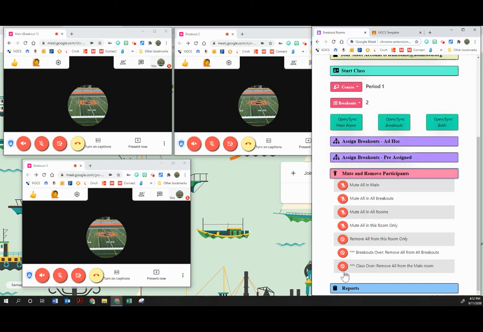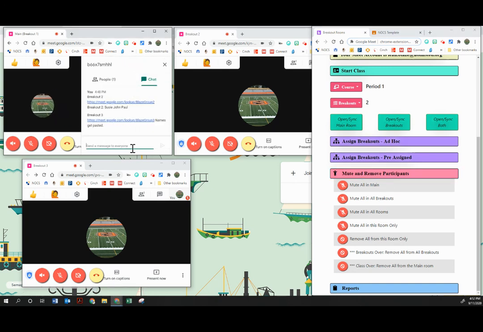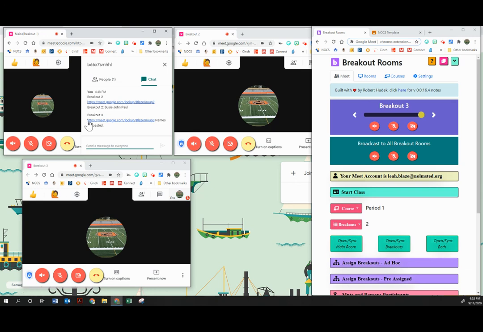What this extension cannot do is send you back into the original Meet. So if you want all of the students to go back into the original Google Meet when you're done, you've got 2 options. A, give them a code or use your classroom banner and say, hey, go to this code or go to this classroom banner. The other thing you could do is post a unique link in your classroom, whether you post the link from your Google Classroom banner in there, or if you're a nickname user, you'd want to make sure you post that